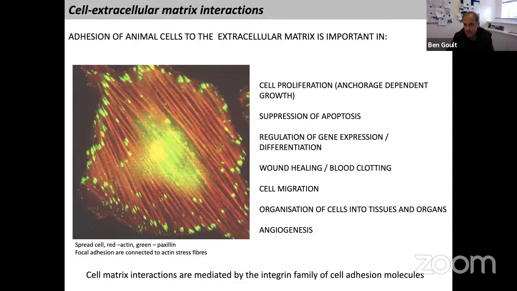And these attachments are really important, not only for just holding all our cells in the right place, but they also provide complex signals which instruct our cells how to behave. And the list of what they do is shown here. Basically most cellular functions have an adhesion component or a regulation via this mechanotransduction. But what I'd like to just focus on as one example is this regulation of gene expression to show the computational power of these adhesive structures.